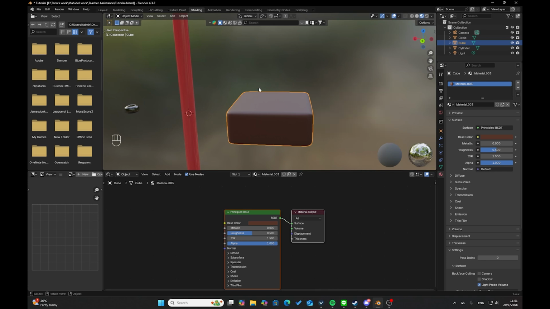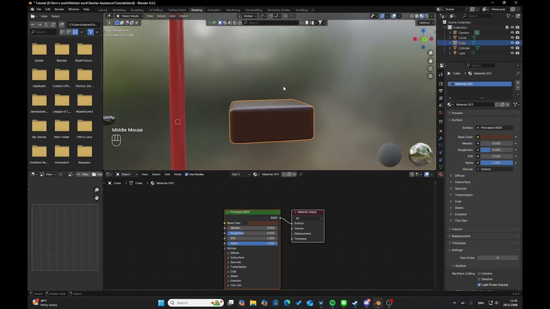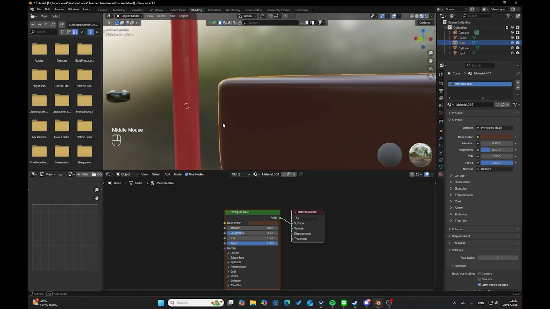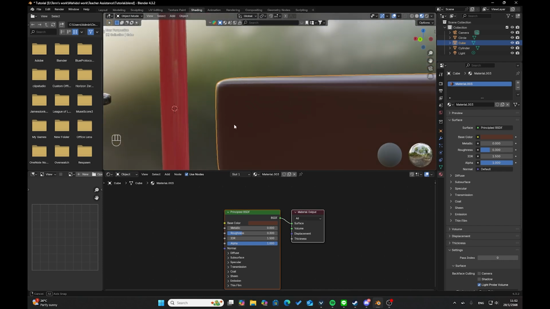So to do that, let's decrease the roughness first to make our leather look smoother, maybe around 0.3. And if we want some light to go inside this object to make it look more realistic, more like leather in real life,